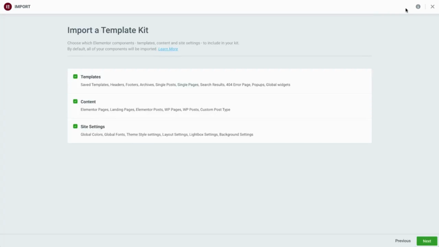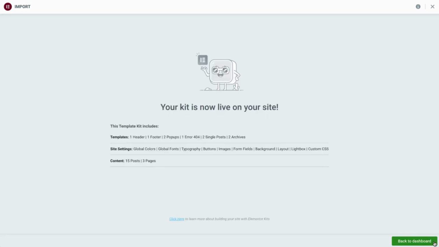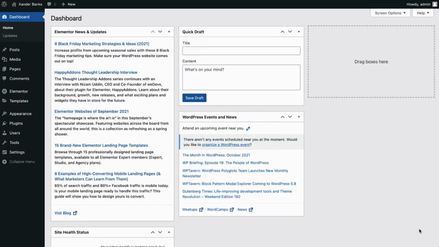Before the kit is actually imported onto our site, though, we'll be prompted to choose which templates and content to apply to our site. So if, for example, we only want the templates to be imported, but without additional content, we can uncheck the relevant options. With our options set, we'll click Next. Once the kit import has been completed, we'll see a confirmation screen with a list of all the imported content. Perfect! Next, we'll return to the WordPress dashboard, where we'll configure some more important settings for our site and view